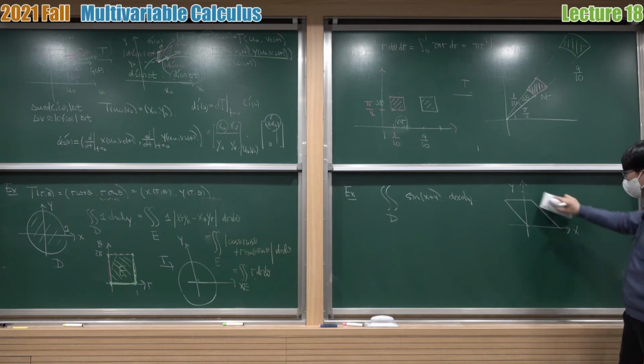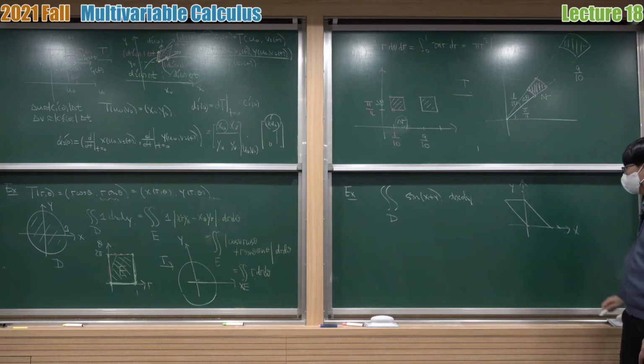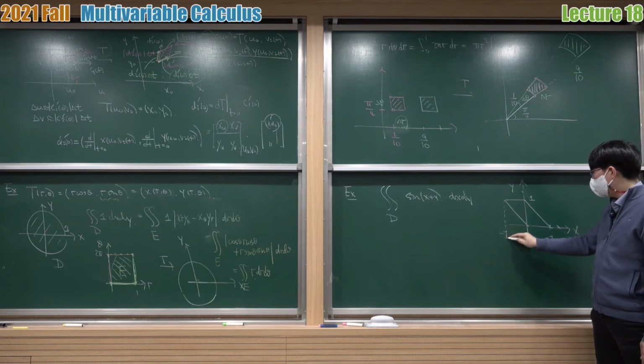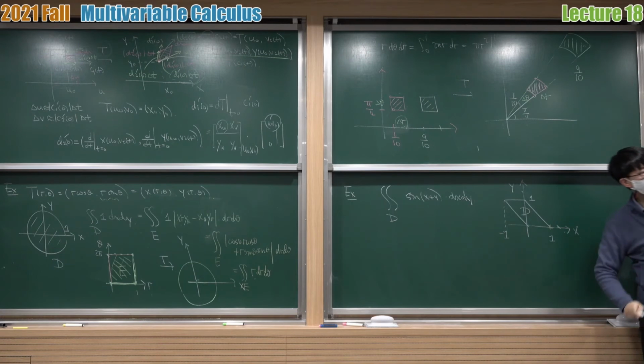So maybe I made it wrong here. So this is the picture. So this is 1, 1, and this is minus 1. Okay, so this is our D. So maybe you can compute using the Fubini theorem, but